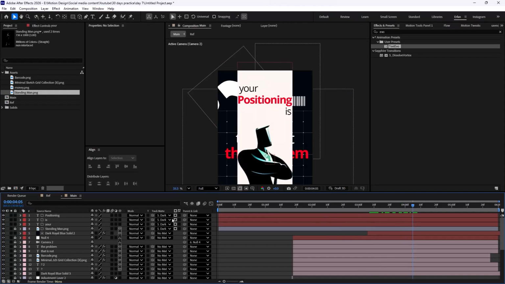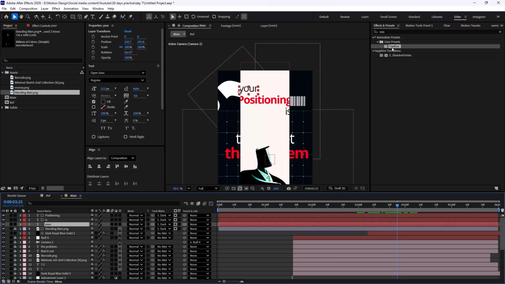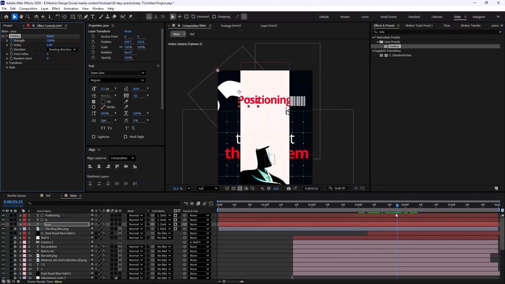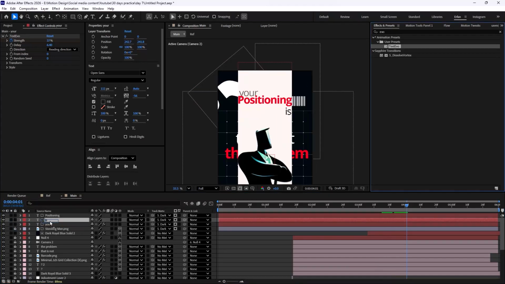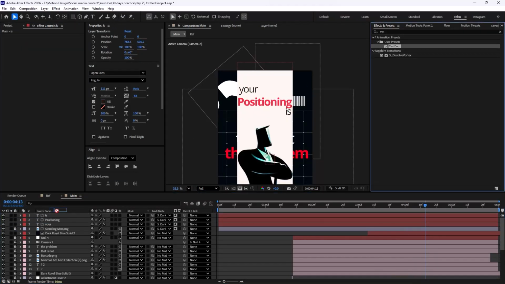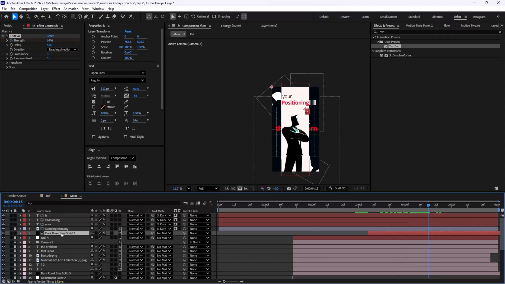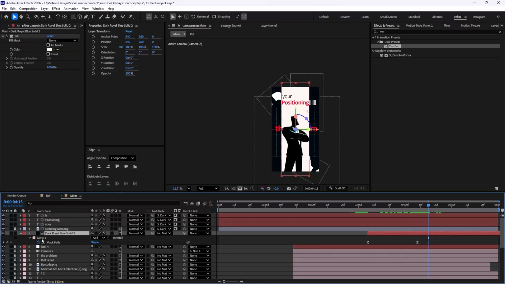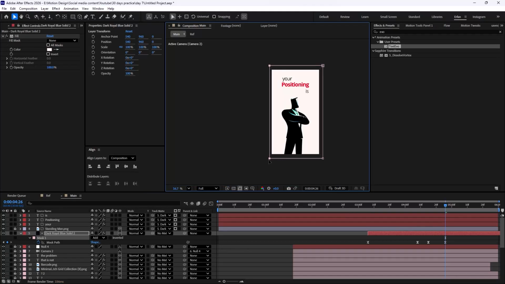And now we can just use the text evo again if we like, or the other animation properties that you like for the text animator. But I think I like to use the text evo. And once it's in here, we can just use the mask tool again. So I'm going to just press U to reveal the keyframes, another set of keyframes in here, and then I'm going to just do something like this.